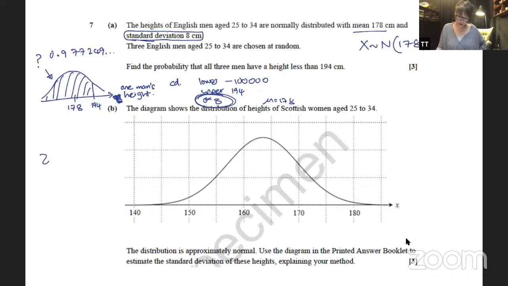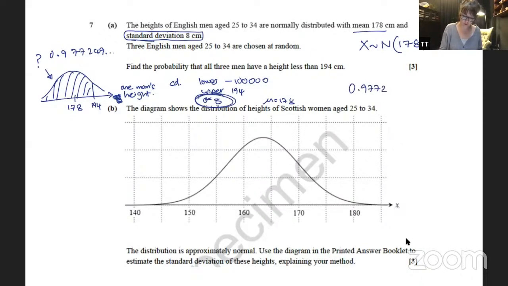Okay, so we've got this guy, we pick him out. The chance of him having a height less than 194 is 0.977. Now I pick another guy, the chance of him having a height of less than 194 is also 0.977, then I pick another one. So what is the chance that these all three independent all have a height less than 194 is going to be